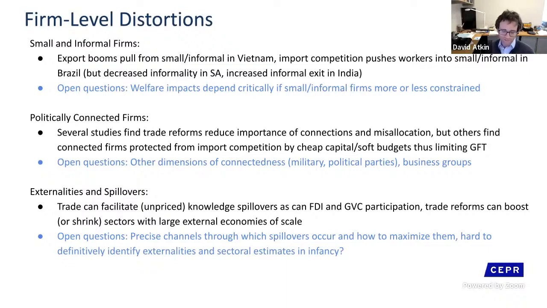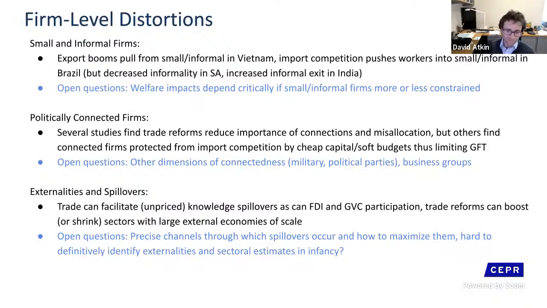And then finally, the last section is one which we could write a whole review on in itself. So we only touch somewhat briefly on thinking about externalities and spillovers. There's two things going on here. One is, as I mentioned, we think trade, for example, through knowledge flows that come from buyers who have built up a lot of experience over time in producing certain goods, can occur through these trade relationships, but also FDI and integration into global value chains can also lead to the flow of knowledge through these